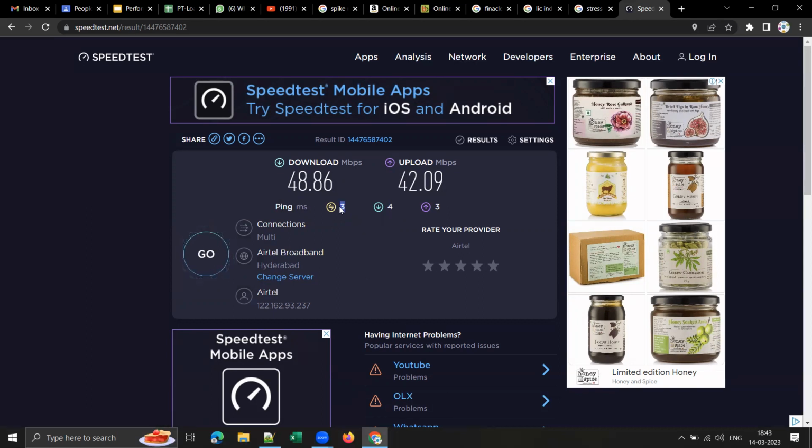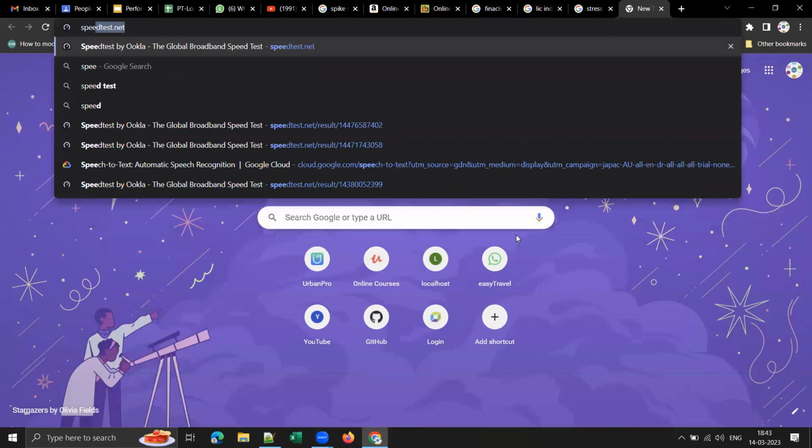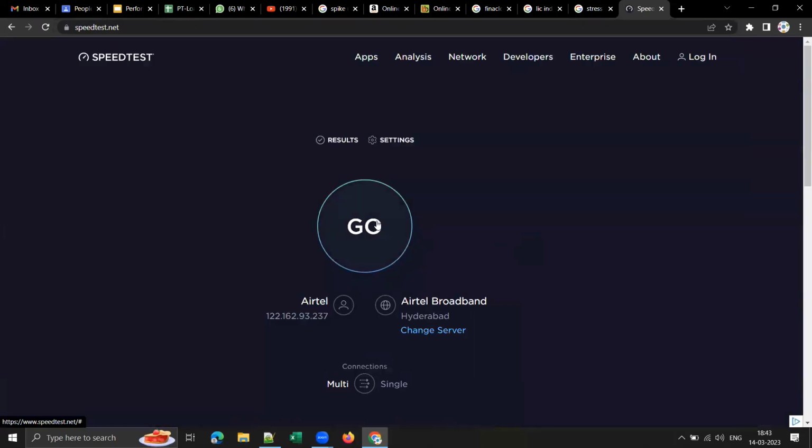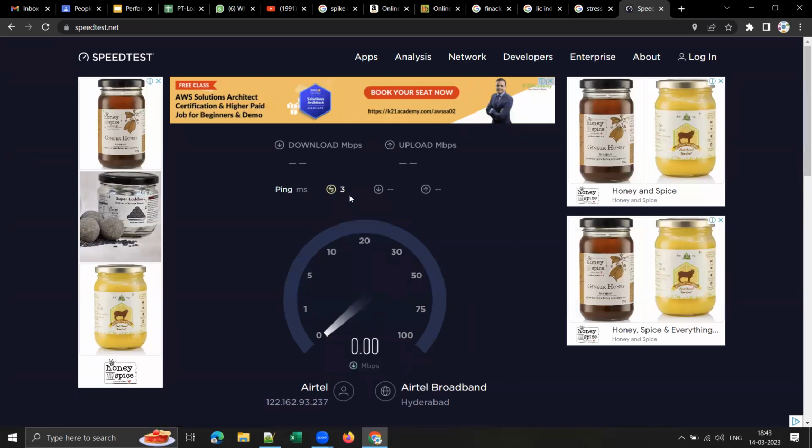So this is the measure of internet connection quality. This ping time is important rather than download and upload speed. Even if you have 20 Mbps or 10 Mbps, that is absolutely fine. But this is important. Can you please check, everyone, so that you will not forget? Open a new tab on your browser, go to speedtest.net, click on the Go button, and observe the ping time of your internet connection.